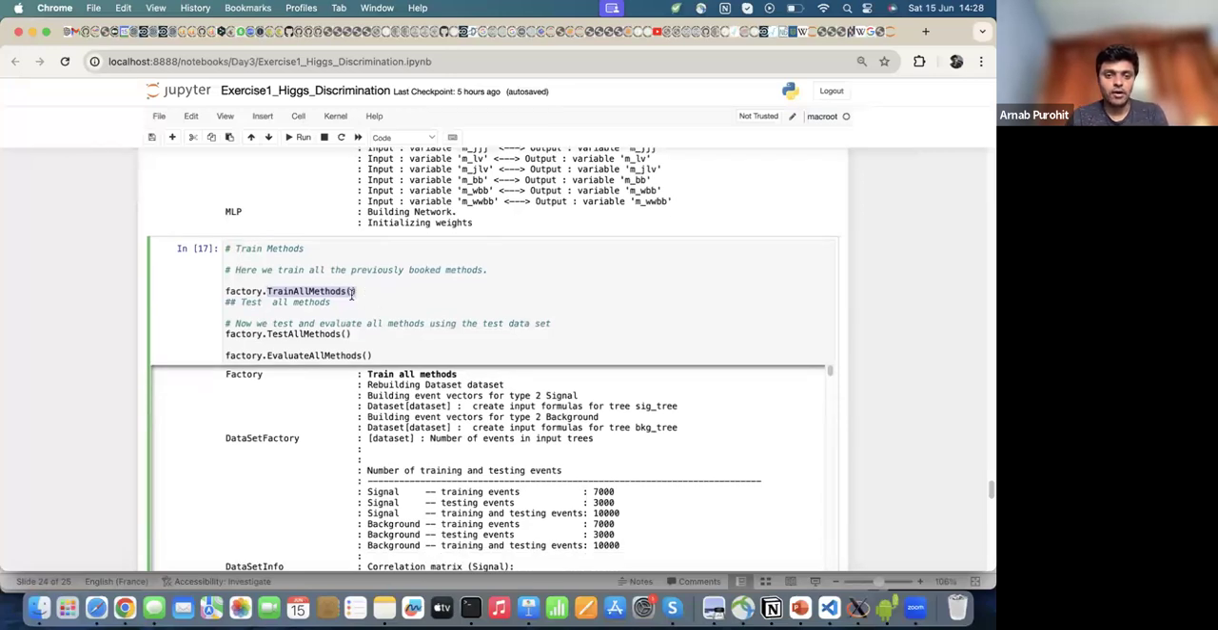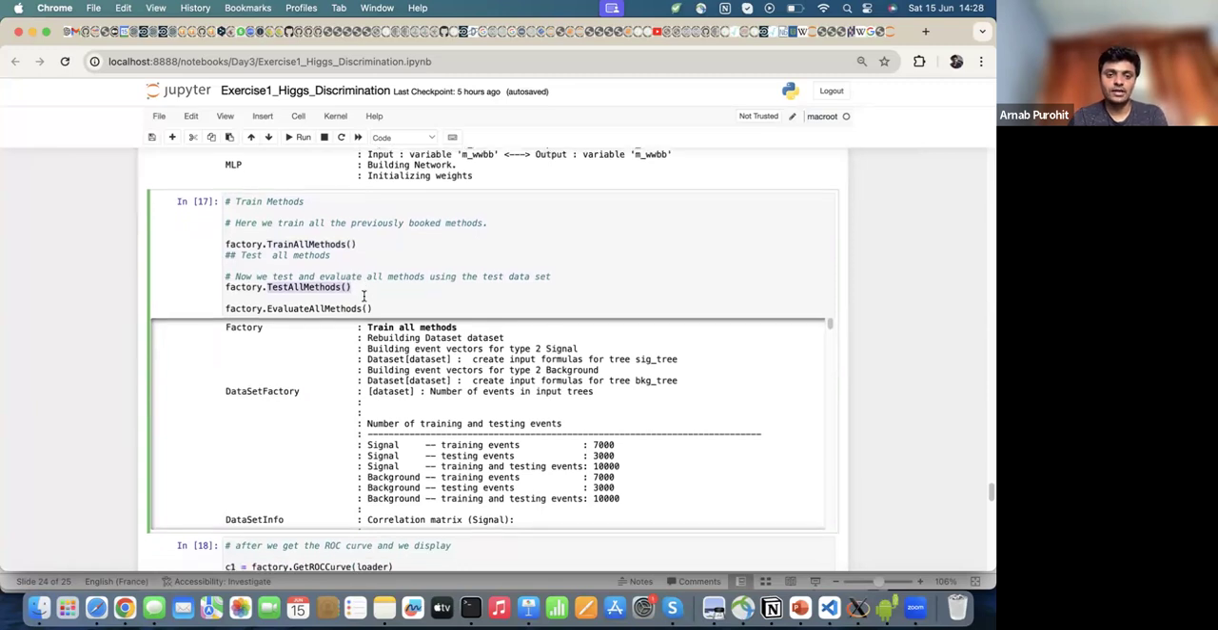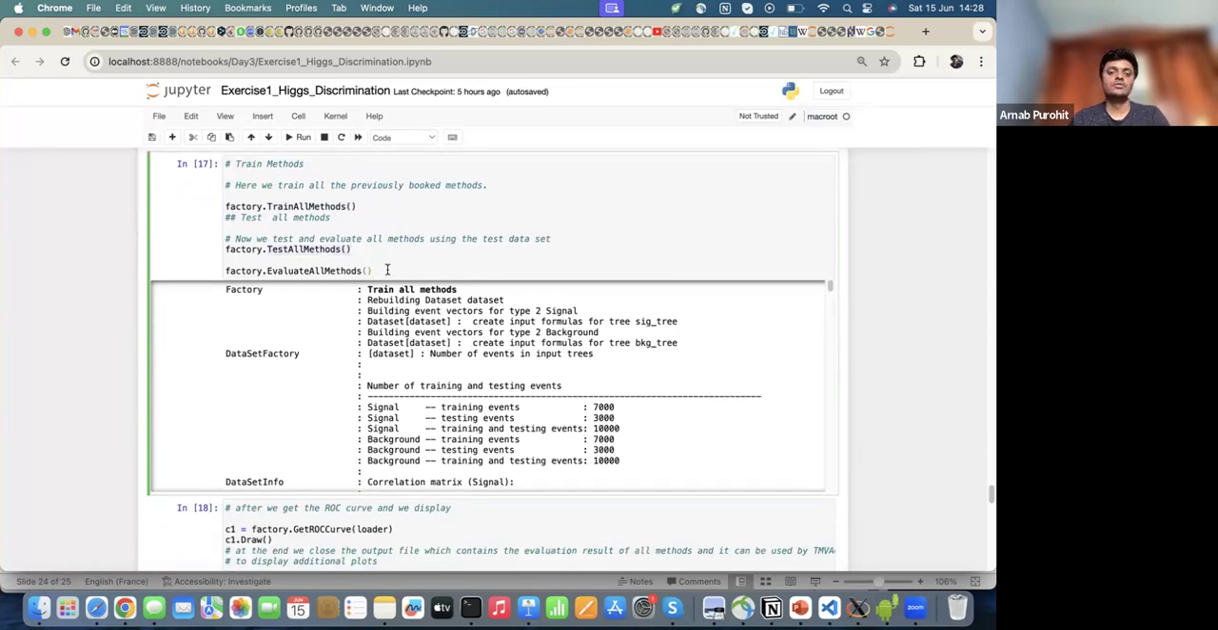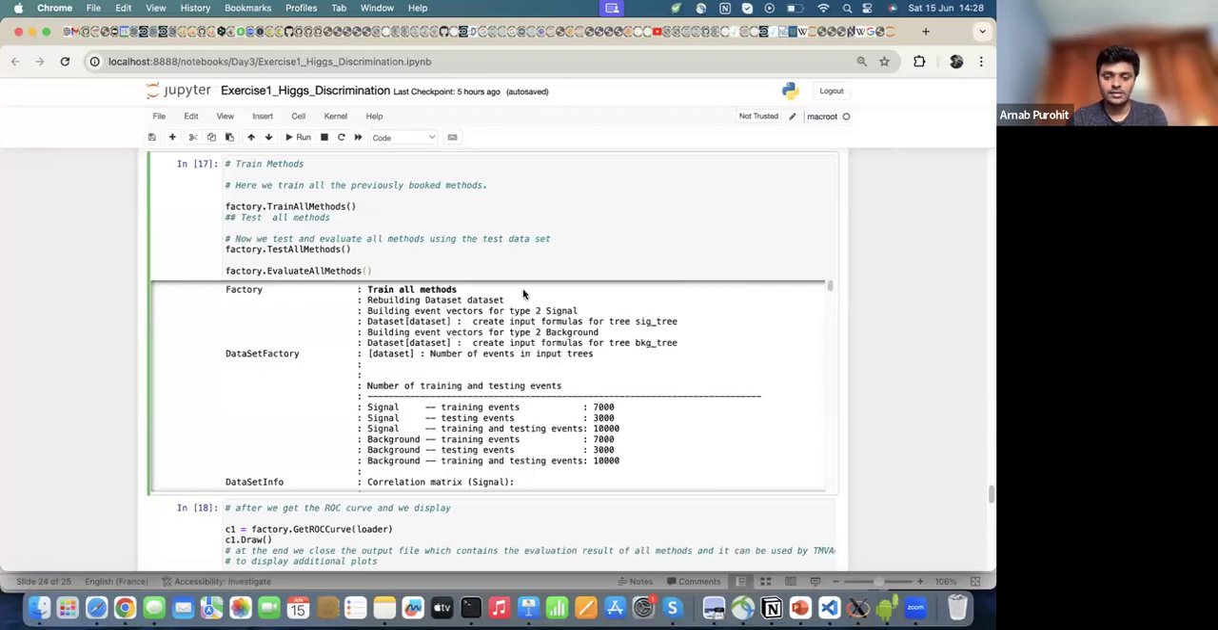So I can train all methods, obviously those methods which I booked already inside the factory. That is why I call them booked methods. Then you also test all the methods. You have the training sample, you have the test sample, so you train and then you test. And also you evaluate all methods, which basically means evaluating over all the entries that you have in your input data. And if you run this,